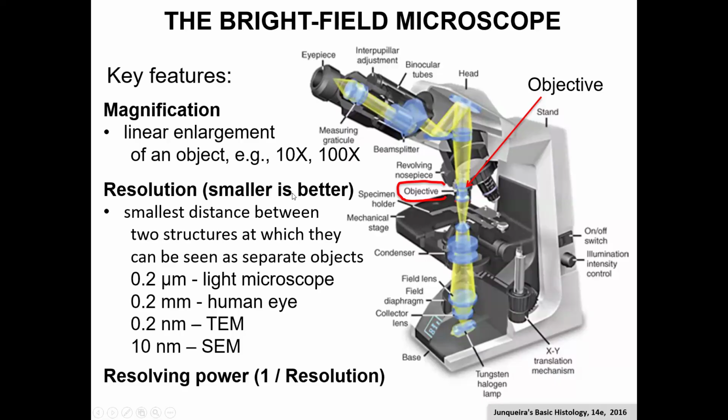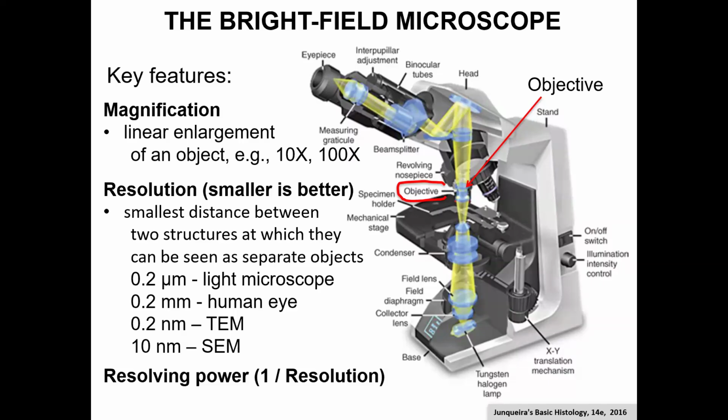You know that light has a dual nature. It's a particle, the photon, and it has an associated wavelength. The smaller the wavelength, the higher the resolution is. That is, the smaller is the distance at which two structures can still be seen